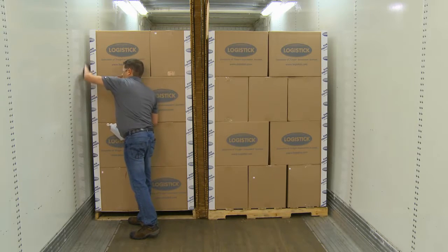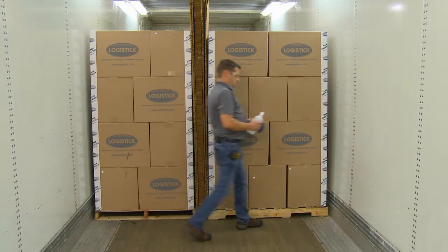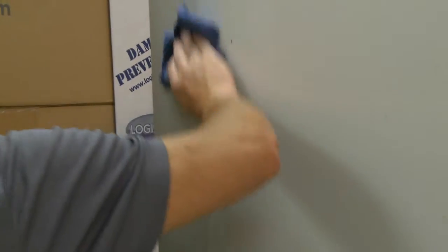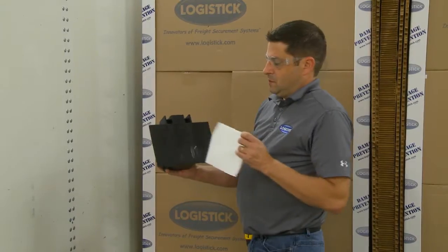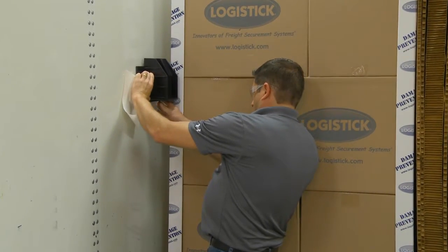The entire application area must be clean and dry to ensure proper installation. Use a dry cloth, and if needed, a scraper and rubbing alcohol to remove loose dirt, dust, condensation, or frost from the application area. Remove the tape backing from one Super Wedge XL and place it in the desired application